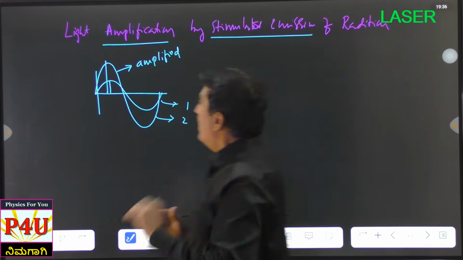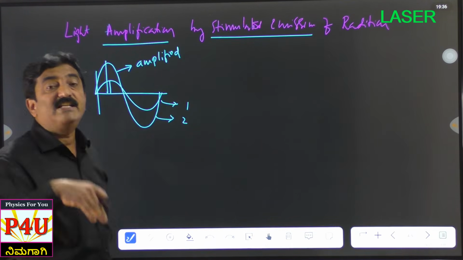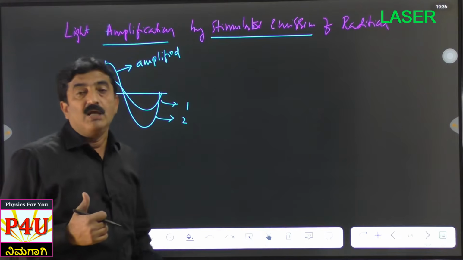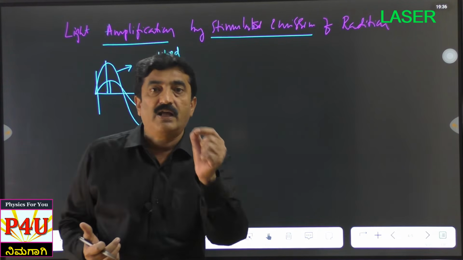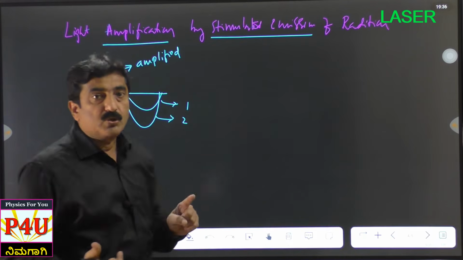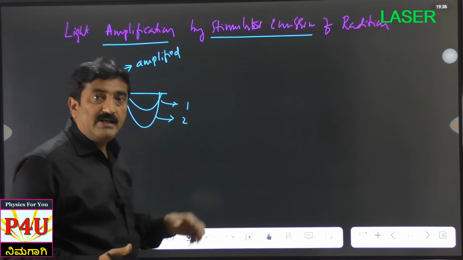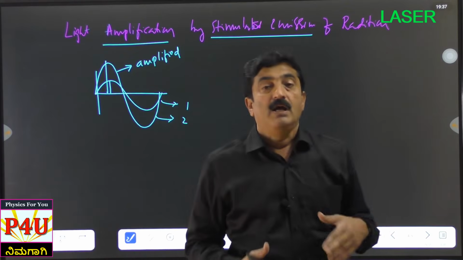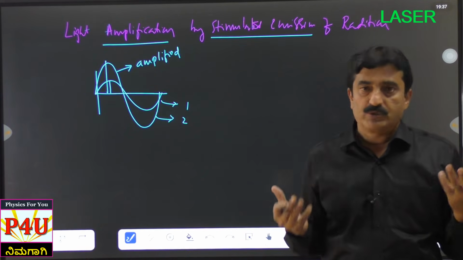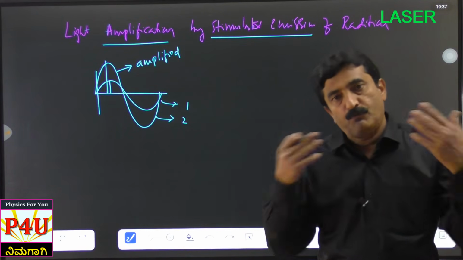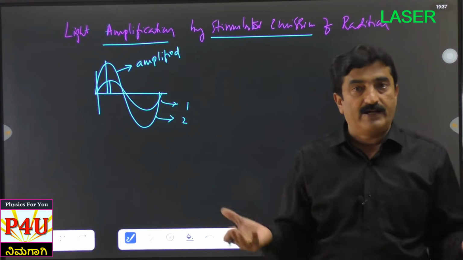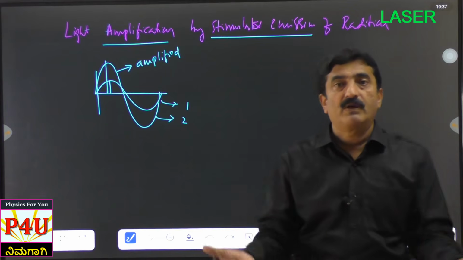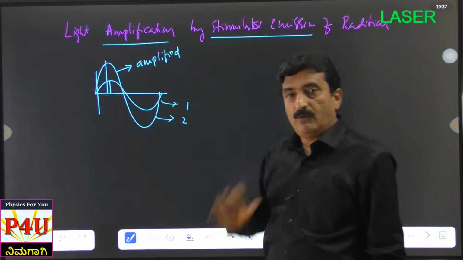Okay, so amplification of light means increasing the number of photons. If you increase the number of photons, intensity increases. This is what Einstein said. So now the question, how do you amplify the light? Sir, by producing photons. Identical photons we have to produce. That's also simple. If we produce more photons, intensity increases, it gets amplified. So by producing more number of identical photons, we can achieve amplification.